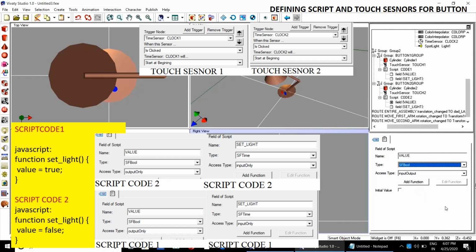Access type will be output only. And the second is SF time, and input only.